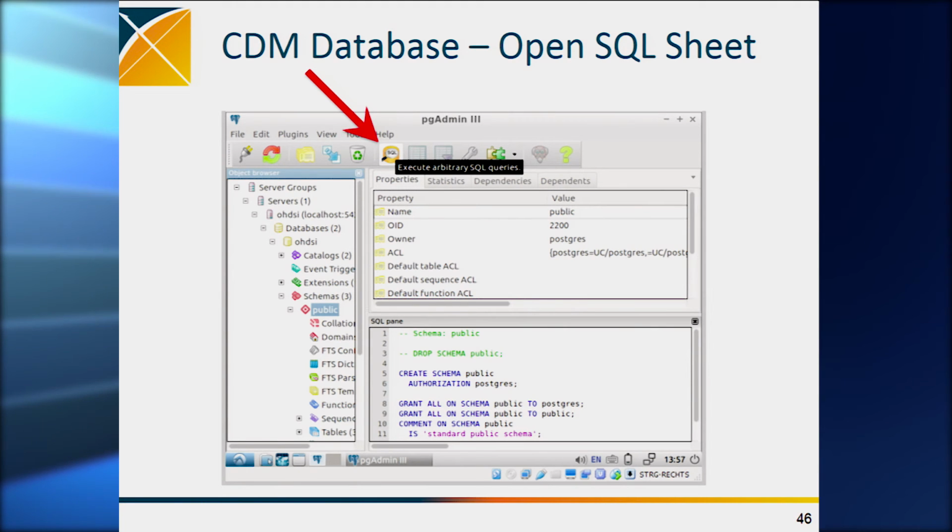So if you want to see all the tables in the CDM, you double click on Odyssey, you go to schemas, you go to public, because this is a Postgres database, the CDM is in the public schema. Under this public schema, you click on tables, and those should be the tables for the CDM. Don't get confused with the schema that's called Odyssey. Again, that's used for Web API, which we won't need for this tutorial. So the Odyssey CDM is in the public schema in the Odyssey database. And there should be about 36 or 39 tables there.